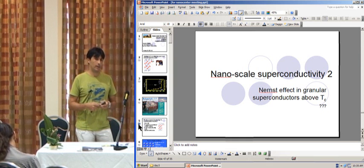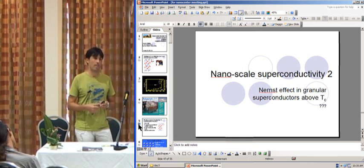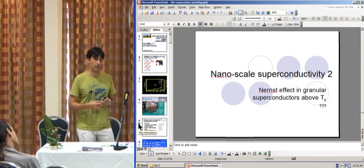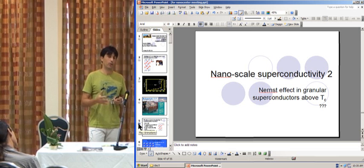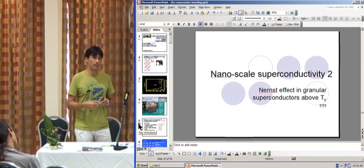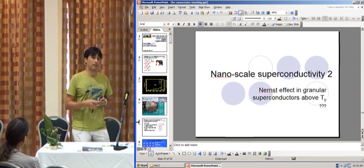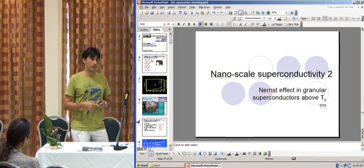Yeah, I guess when the size becomes too small, you lose superconductivity, but when you put a few of these clusters together, then superconductivity can somehow recover. So if there is some intergrain interaction, then you can get superconductivity. Well,